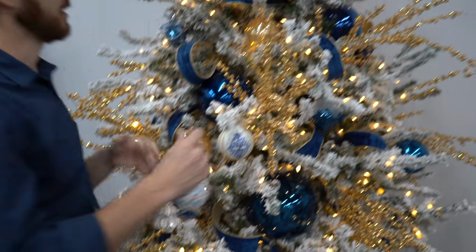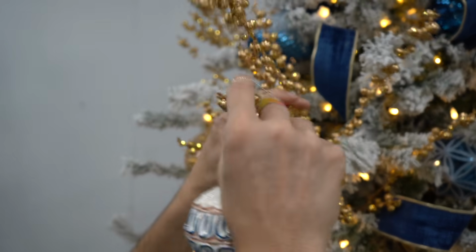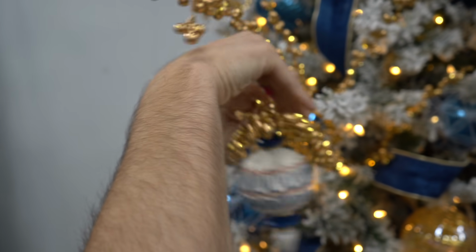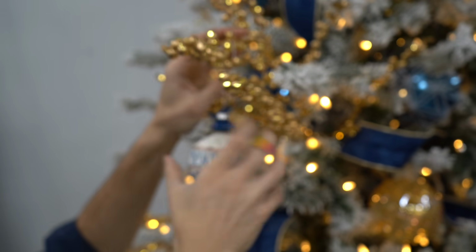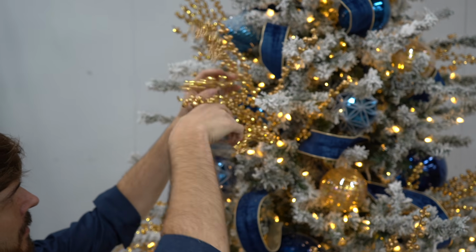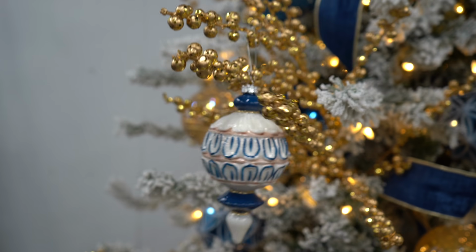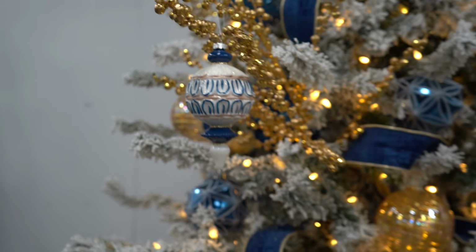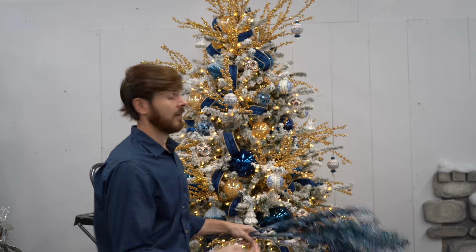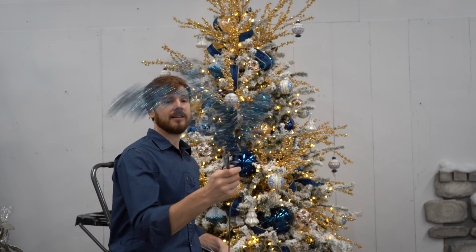But I can take one of these, maybe double up this berry branch a little bit, just for a little more stability. Give some extra length to them. That way they hang really three-dimensionally out from the tree. Ta-da! I have a lot of gold kind of branching out from the tree, so we're going to add some of